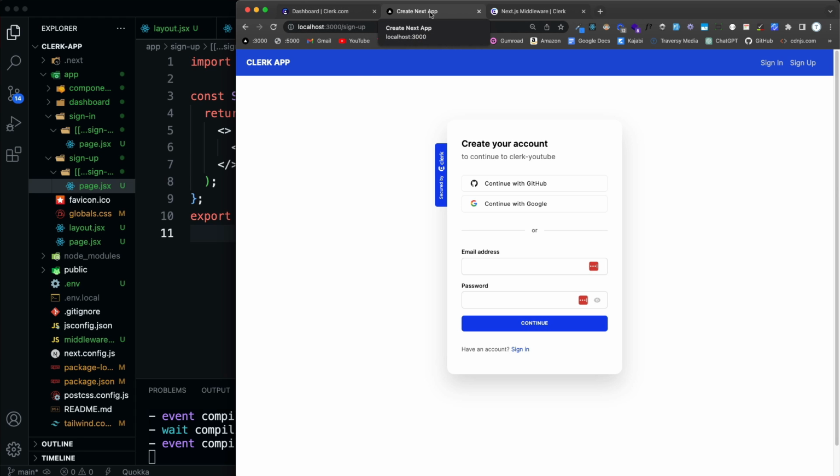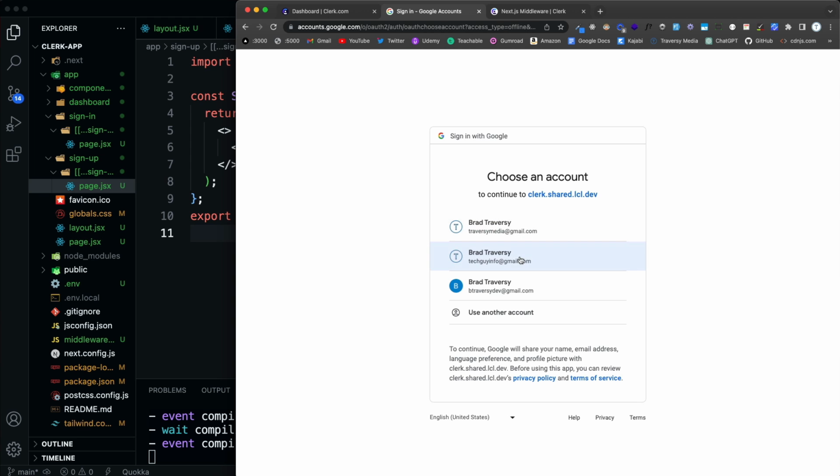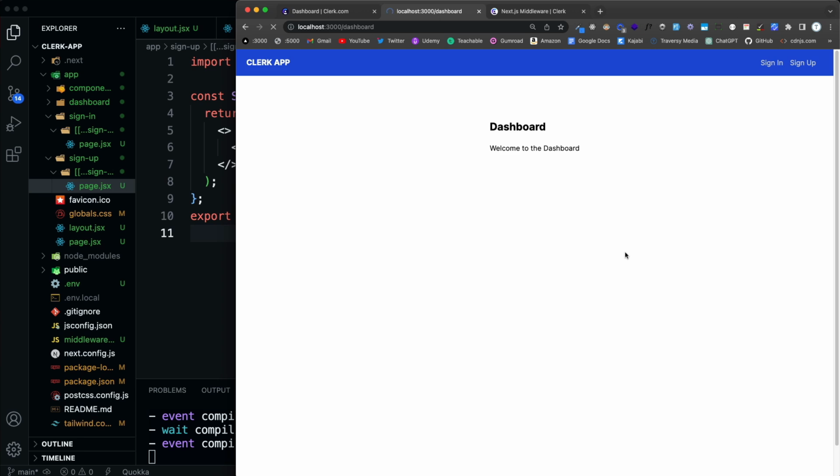Now, this is set up already. I'm going to go ahead and create an account. Let's start off with Google. So I'm just going to choose one of my accounts. I'll use this tech guy info here. And now you can't really tell because I haven't added anything to the UI, but I am logged in and